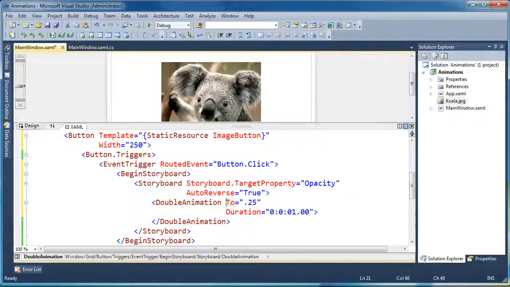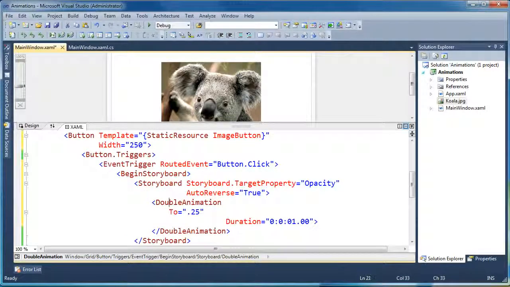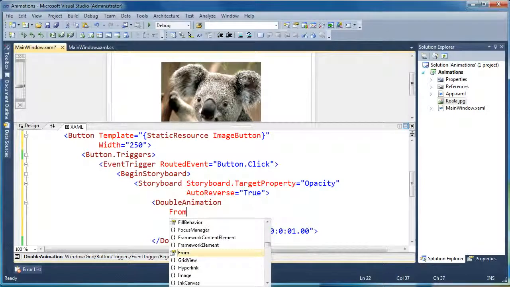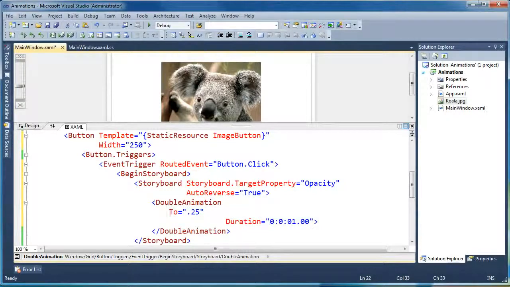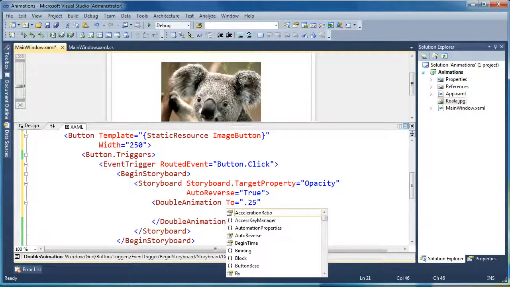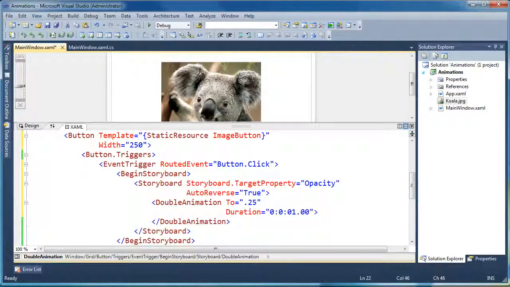So then in a double animation, you've got a couple of options. You can say from, which means start at this value, and you can say to, which is end at this value. So typically you want to just specify one or the other. Most cases you're going to just specify the to value, which means animate to, and I'm saying animate the opacity